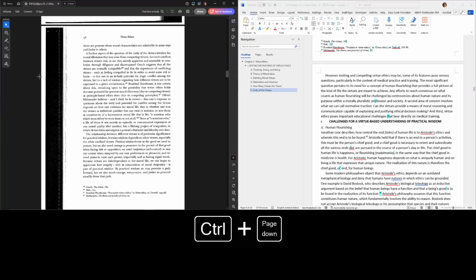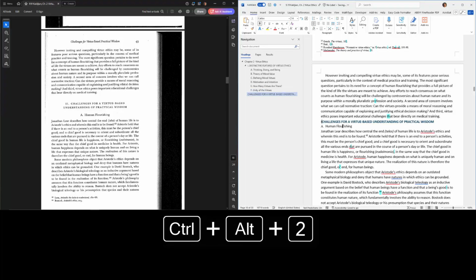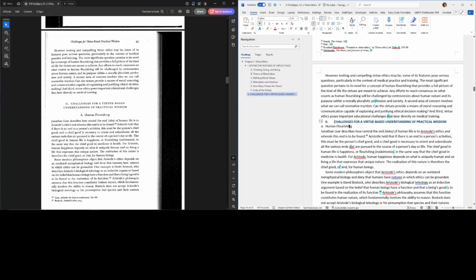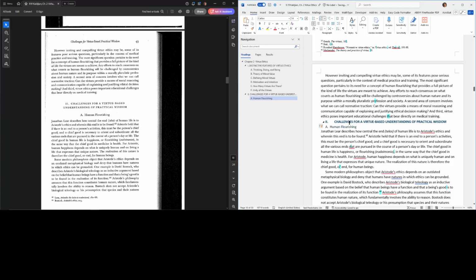Alright, moving on. Here's another main section, so heading level 2, and this one's going to be II. We can always refer back to our PDF just to confirm that. And then we're going to move to heading level 3s as subsections of that new main section.